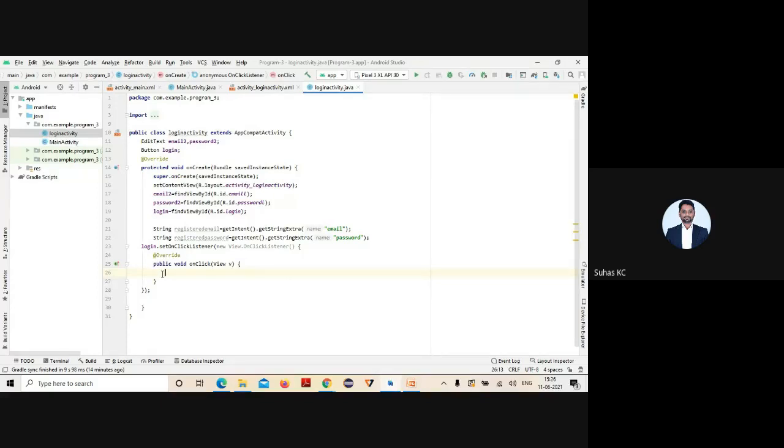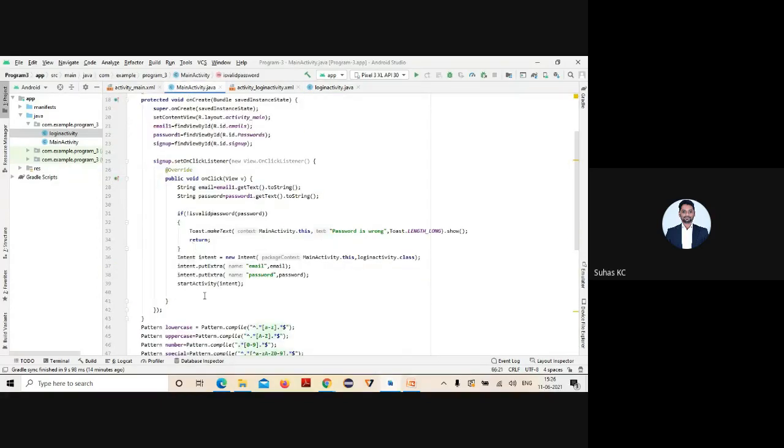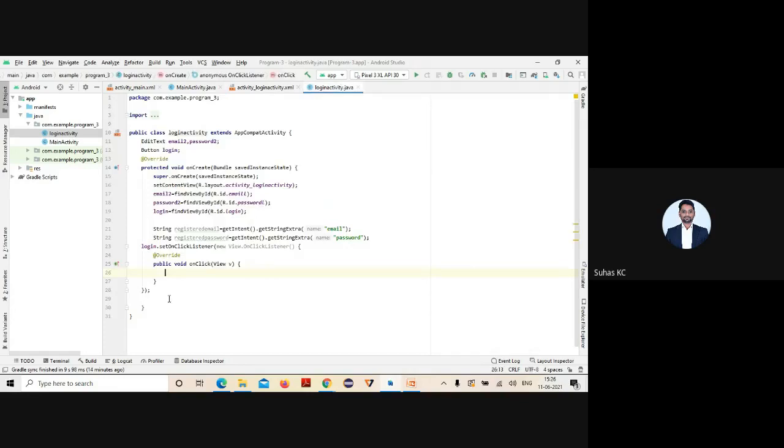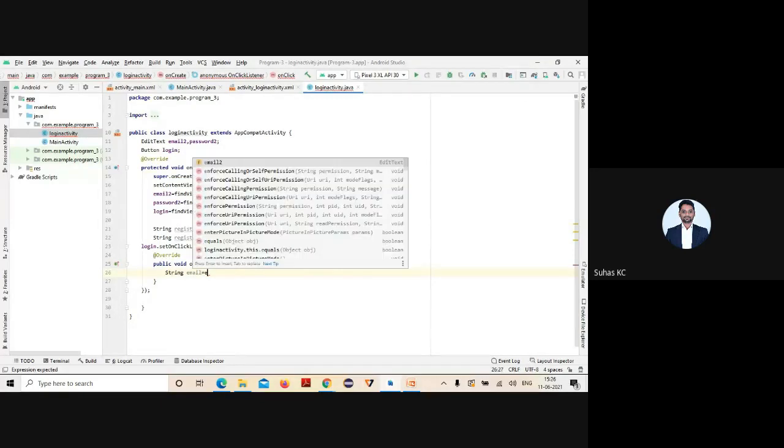First and foremost, I need to read the input from this component and store it in some variable, and the same thing from this component, storing in a variable. One variable of type string, that is your email. Through which object am I taking this email?